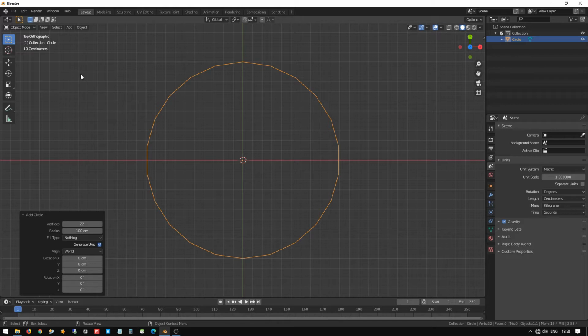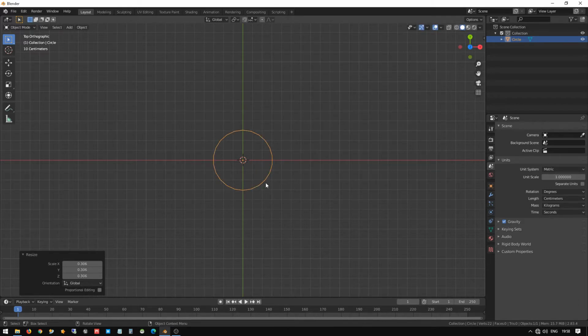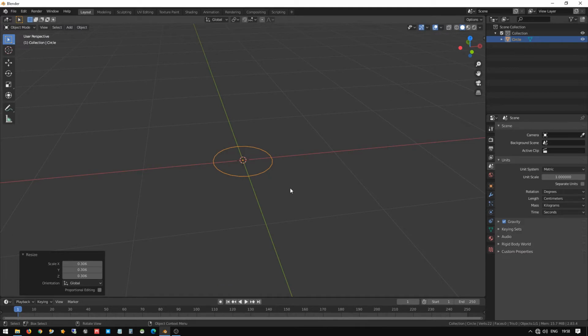Now I go to the top view and scale this circle down a little to create a cup, because a coffee cup is small in size and should be usable in the hand. So we are going to learn how to design a coffee cup. Size is not a big issue, because whenever they design a coffee cup or anything else, they can scale it smaller or make it bigger. So it's not an issue.